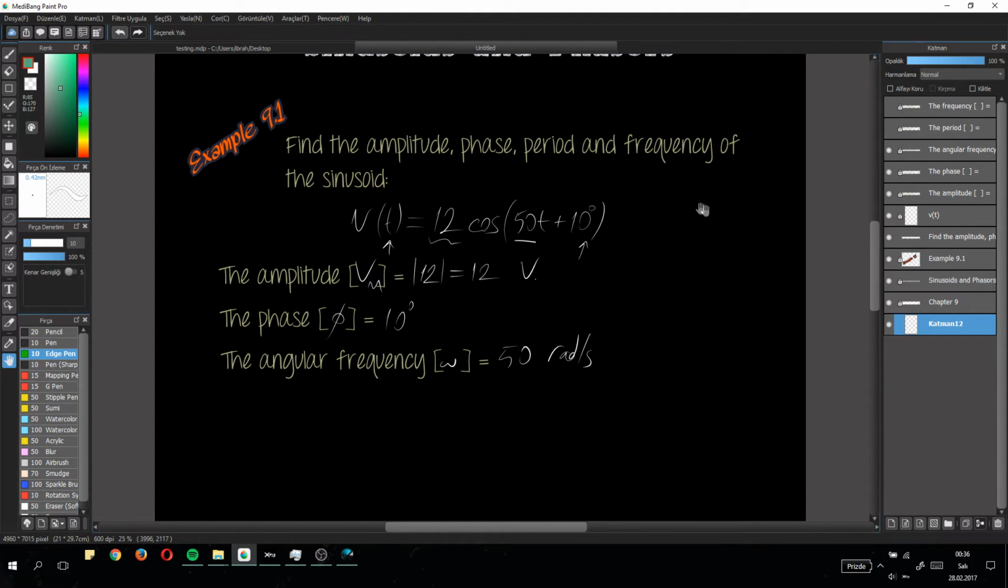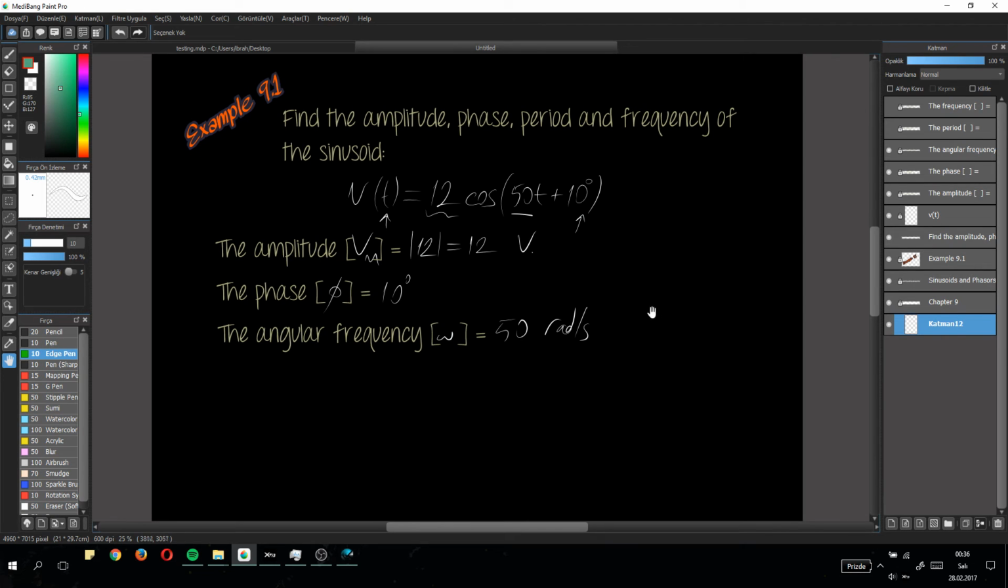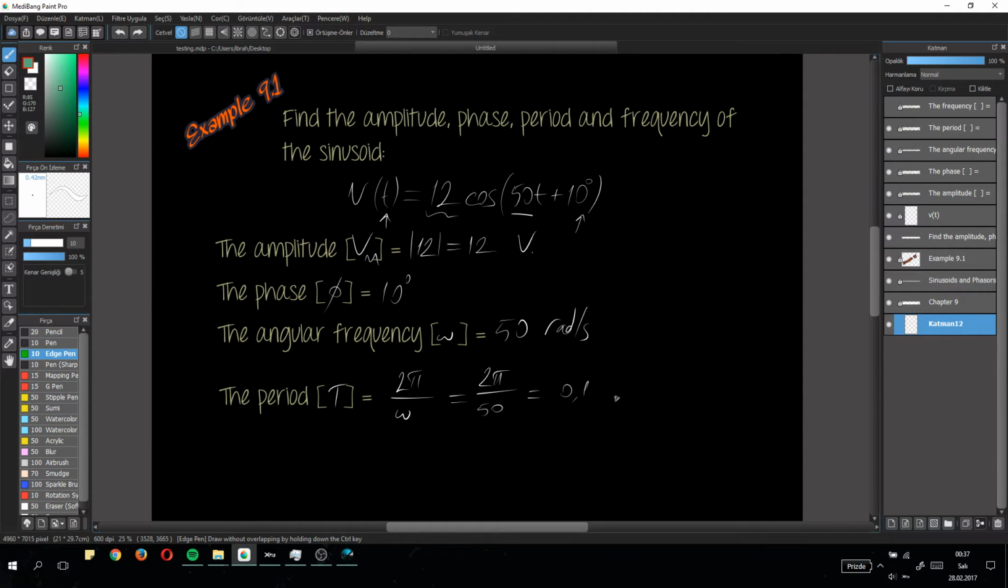Actually, now we are able to find the frequency of the sinusoid. But before that, let me find the period. And the notation for period is T. To find the period, we're going to have to apply the formula, which is 2 pi divided by omega. Go ahead and plug this 50 in here, which is going to be 2 pi divided by 50. Go ahead and calculate this value on your calculator. What you're going to end up with is 0.1257